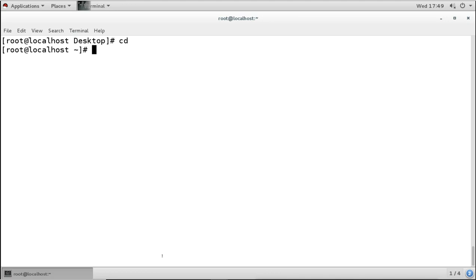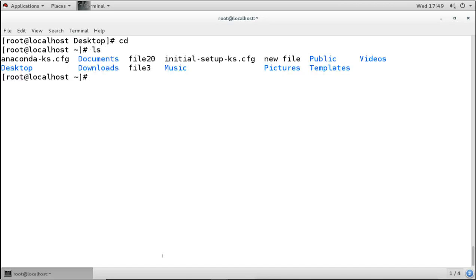Suppose you don't remember the name of every file. For example, here we have these files, and some files start with the character F. Now suppose I want to list only those files whose names start with some character, like I want to see only those which start with F. So I will give F, and then I will use a wildcard character.